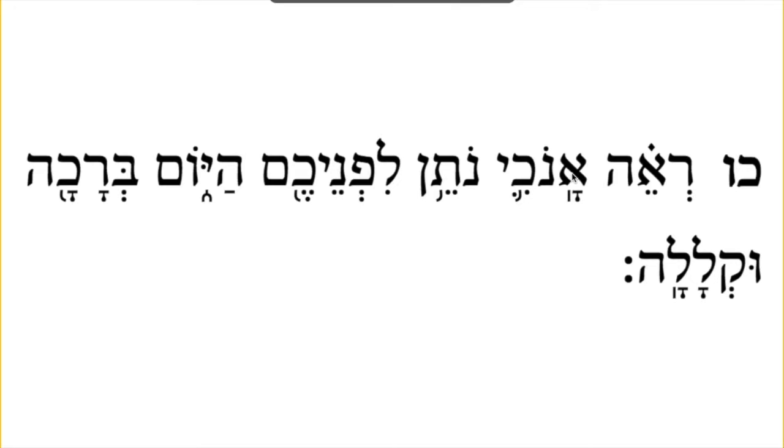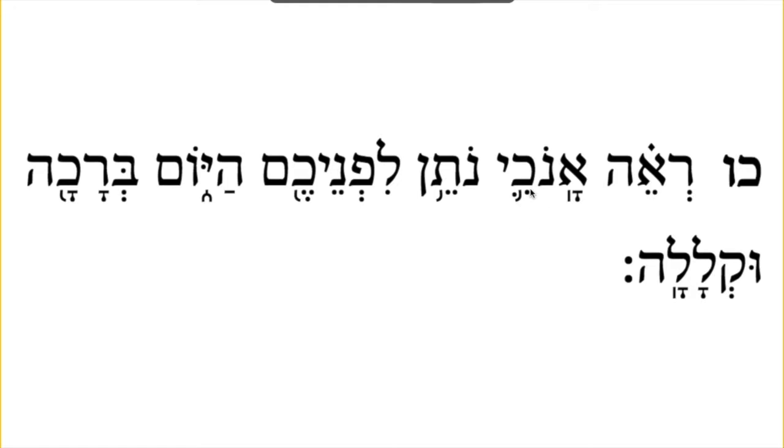It might be a little hard, so I'll just go ahead and sound it out. This is a-no-chi. Anochi. And this means I, but it's a very exalted way to say I. It should only be used by someone who is like a king or Hashem himself. And in modern Hebrew, I hear that Anochi is a term used to denote that someone is full of himself, a little bit prideful. So this should only be used to refer to Hashem or a very exalted figure.